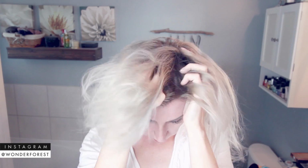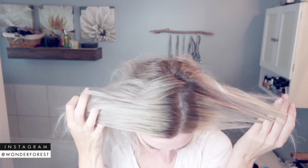Guys, so today I'm going to show you how I retouch my hair. My roots are pretty huge right now, and the last time I dyed my hair I did a shadow root, so the color's a bit darker near my roots. I wanted to even out my color today, so I'm going to do the first bleaching and tone job that